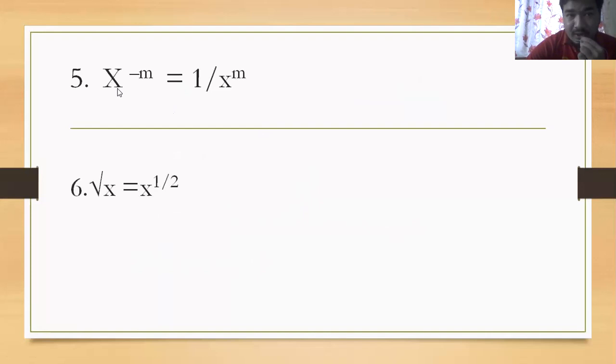And now next one, x to the negative power, then we have to write this down, and the numerator will be 1, 1 by x to the power m. And square root x means x to the power 1 by 2. As I told you, its order will be 2 here. That's why it's x to the power 1 by 2. X to the power 1, and when you cancel this radical sign, it will be by 2. Okay, now I am moving to the next one.